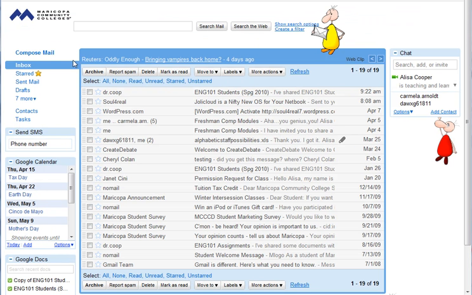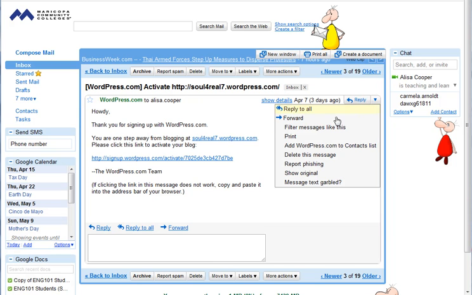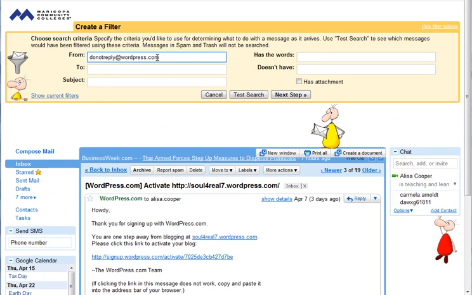Go into your Gmail box, your inbox, and the quickest way to do it is to do it from an existing email that you have. So let's pretend that WordPress.com is a student. I'm going to click on this email and go into the down arrow next to reply, and I'm going to filter messages like this. What'll show up here is the email of the student. We're just pretending that WordPress. I don't want to give away anyone's email address. And then I click next,